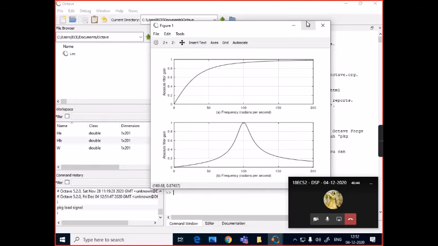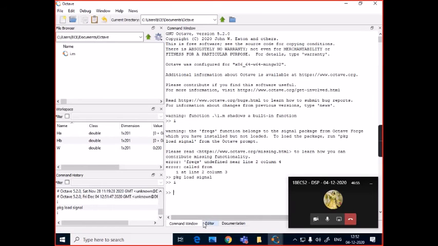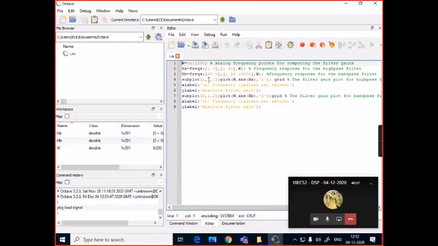Now, are you all able to look at this graph? Is this visible? Yes, sir. Okay. Now observe these graphs. In the first graph field, that is subplot 211, we have plotted HA, the absolute or magnitude values of HA, where HA corresponds to the frequency response of the high pass filter.